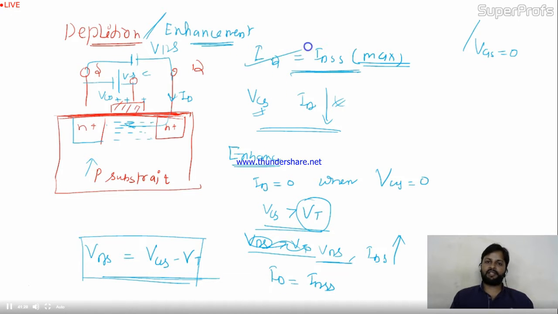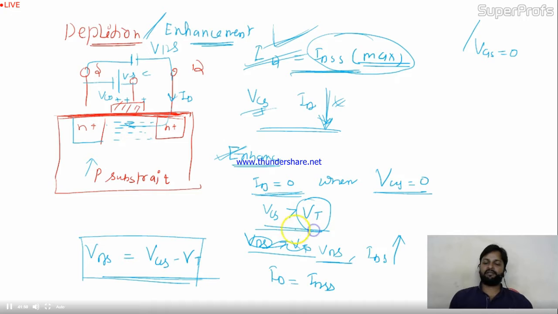So in the depletion mode, the depletion channel was already present in the system. That's why at VGS equal to 0 we were getting maximum current. But as we applied the VGS, the current started to decrease. But in enhancement mode, initially there was no current because VGS was 0, so the channel was missing. We applied a positive VGS, and the channel started to build between the two drain and source